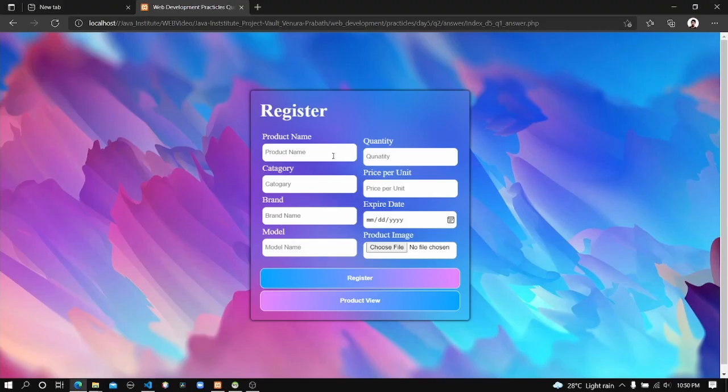You can see these input fields are used for different purposes, like the product name will store the name of the product as a string. So the user can type text or numbers. Category is the same and brand is the same, model is the same, but in quantity